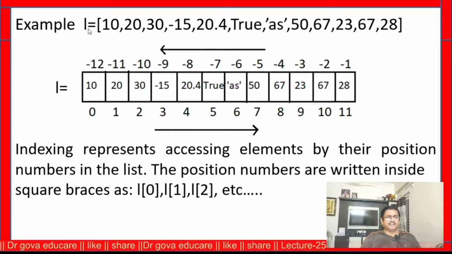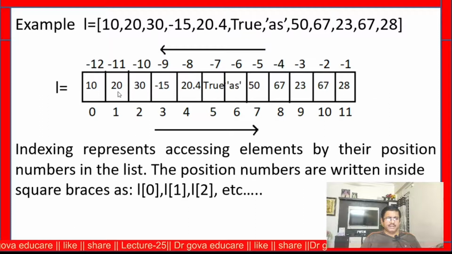This is the list. The list contains 12 elements: 10, 20, 30, -15, 30.4, True, some string, 50, 67, 23, 67, 28. Now I am showing this pictorial representation. L is equal to first element 10, 20, 30, like this.